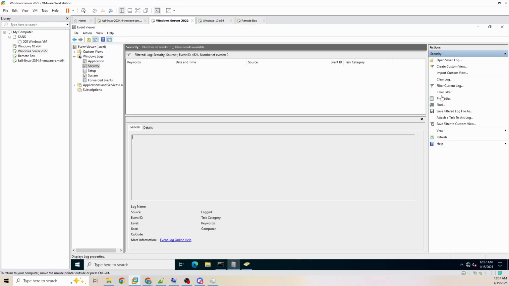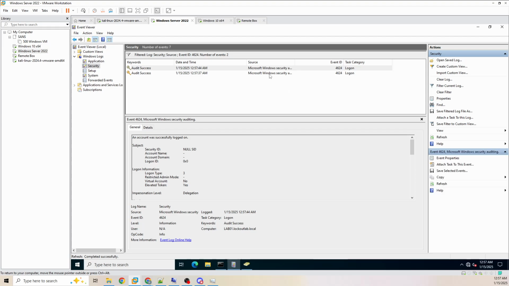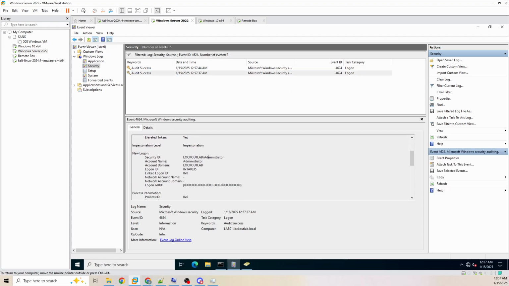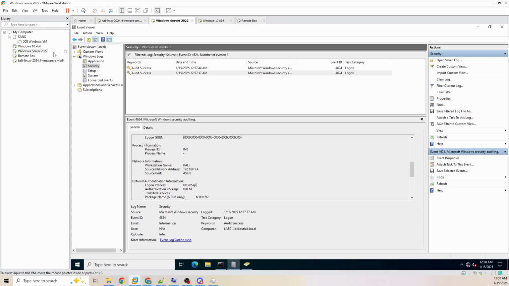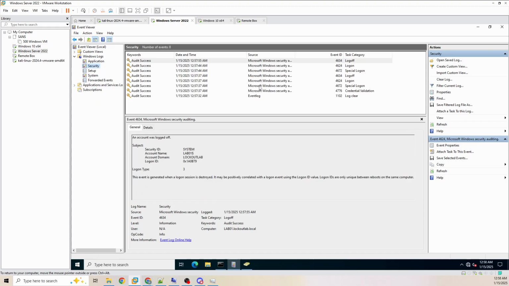If I go into the logs, I see the administrator account logged in with the login ID ending in 835. We see it's from a device named Kali from .14 and it's NTLM. So it's not using Kerberos. It's just using NTLM in this case. So if I turn off the filter,